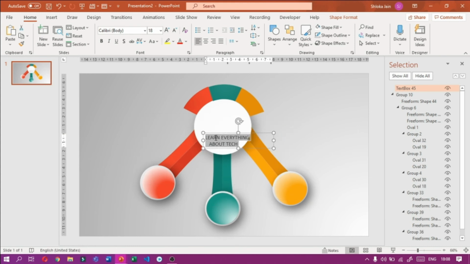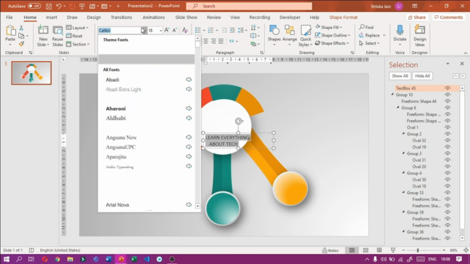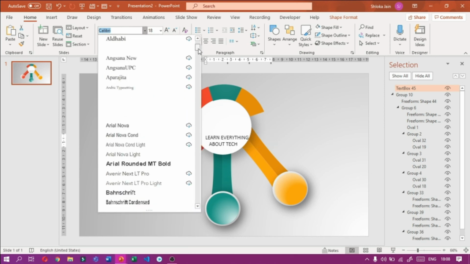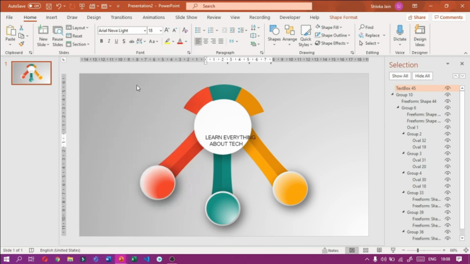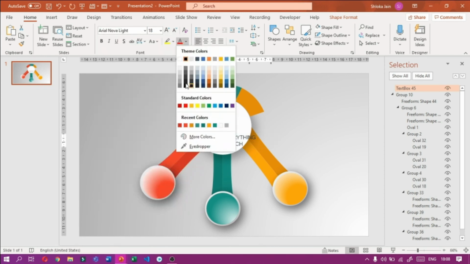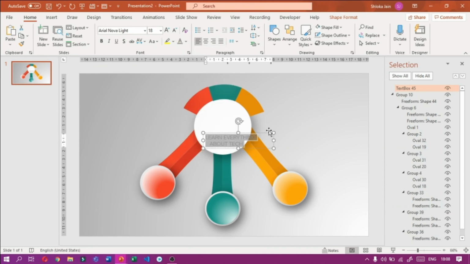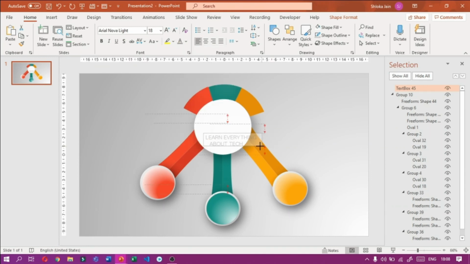Now I have to change this font to Arial Nova Light and change the color to grey. Then let me decrease the size a little bit and adjust it at the last of the bigger circle.